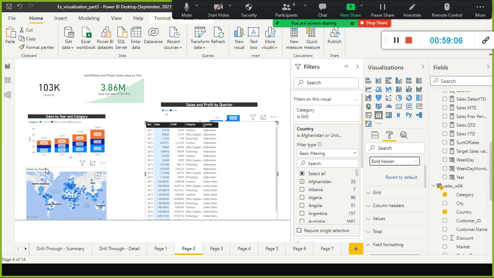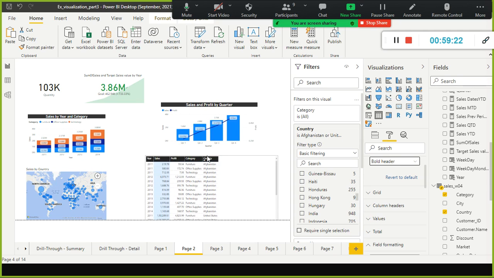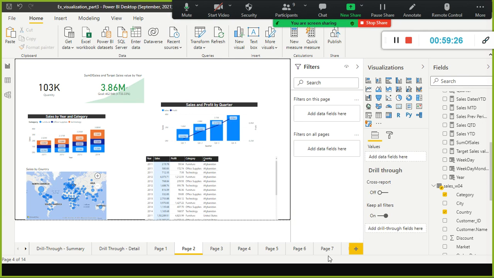But here in this visual, we have also used sales by country. Now we have applied the filter on Afghanistan and United States only, but this filter got applied only at this visual level. It is not applied on this one. So I am going to select this one and double click here.